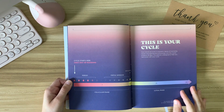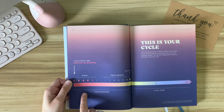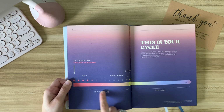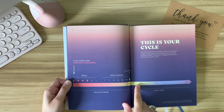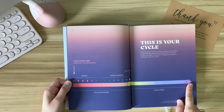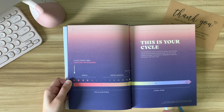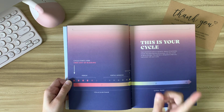Right here, it explains the different phases. This part is your menstrual phase, and then from here is your follicular phase. Then you have your ovulation phase, which is usually 2 or 3 days, and then the rest is your luteal phase. Basically, if you don't know about these phases and as far as productivity,